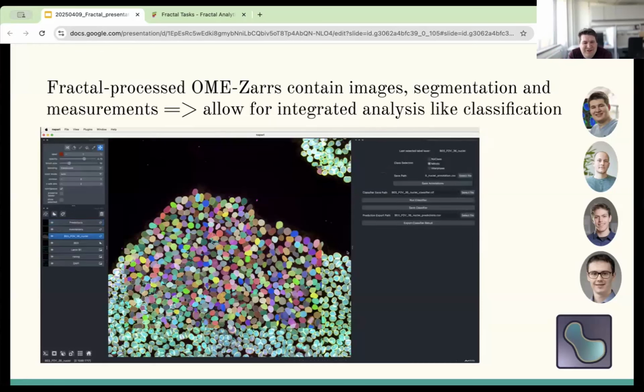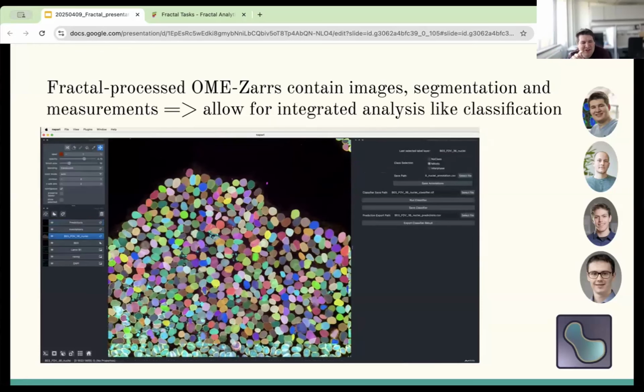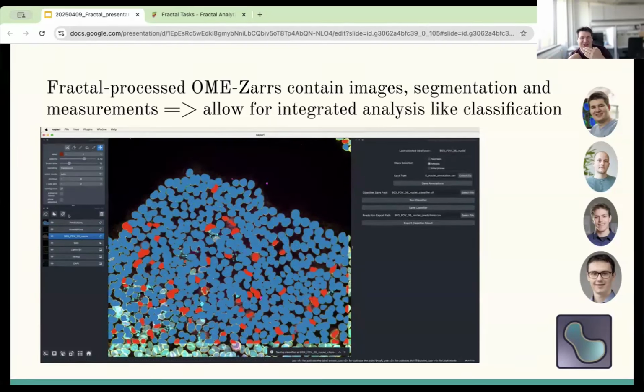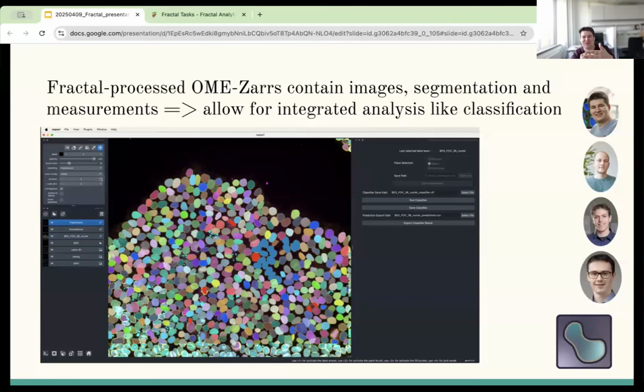So we train interactive classifiers where we allow users to annotate a few objects of different classes. For example, annotate a few mitotic cells, annotate a few interphase cells, and using all of the measurements that have been made before, we can train a little random forest classifier that tries to keep them apart. And this really makes use of this integrated structure and really organized data we have in OME-Zarrs, because we show the image data. We know when a user clicks somewhere what label this is related to, and given the label of segmentation, we can relate it to the measurements we've made before